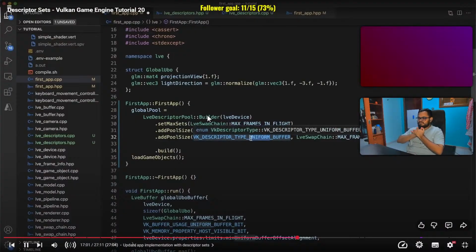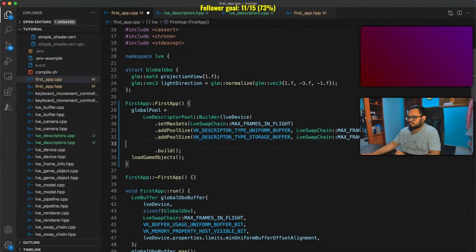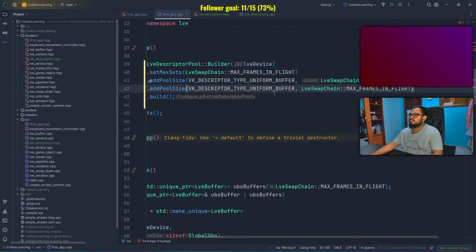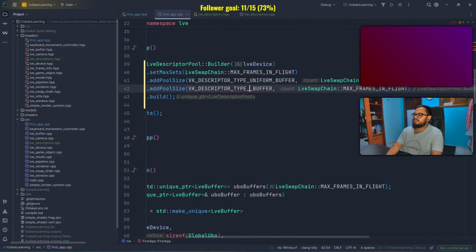I'll also add a second pool size of 2, but with type storage buffer. Each descriptor set can be made up of any combination of uniform buffer and storage buffer descriptors